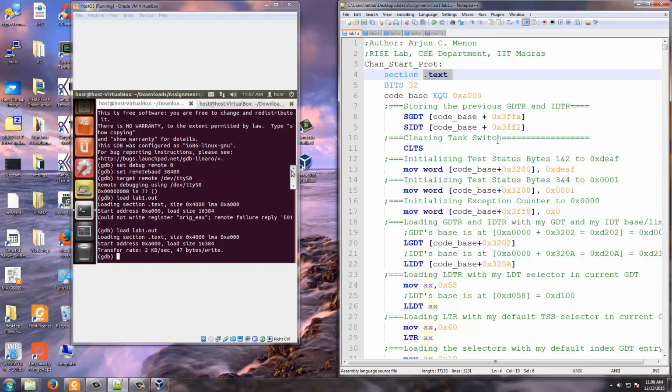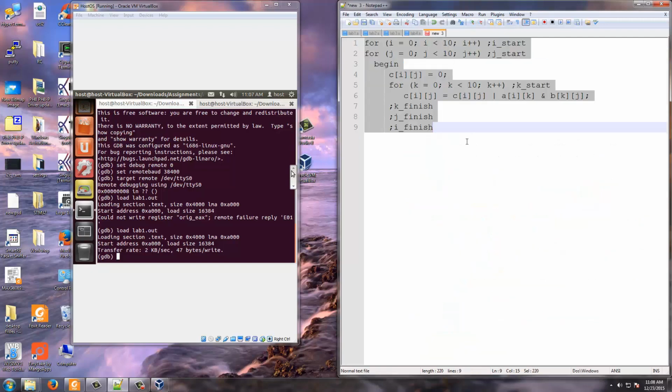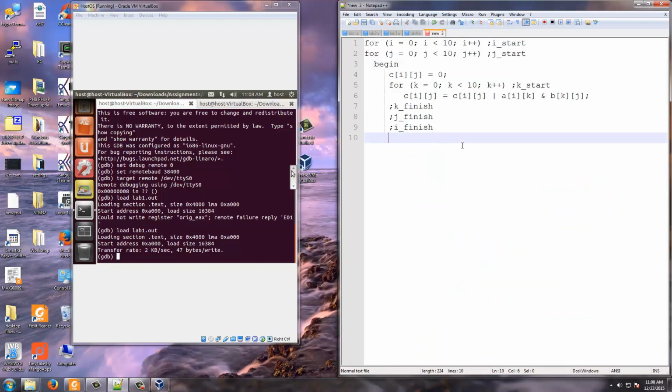So in DFFA we will store the old values of GDT, and in DFF2 we will store the old values of IDT. So what will GDT contain? It will contain a 16-bit limit and a 32-bit starting address of the GDT. So we will just start making a note here.